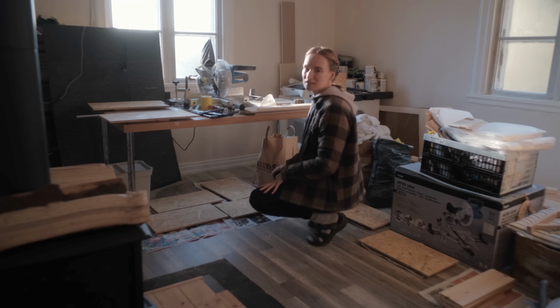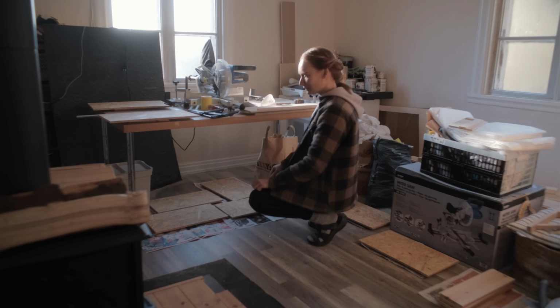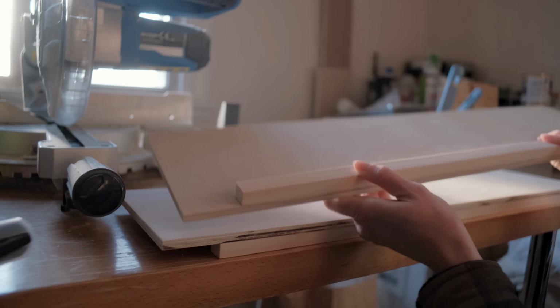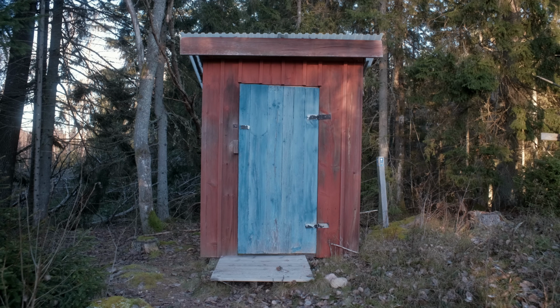I mean, a very luxurious OSB. It's not, I mean, it would have been great if it was ply, but let's do these doors. I need to cut a little recess to allow for the hinges. But before we move on with that...